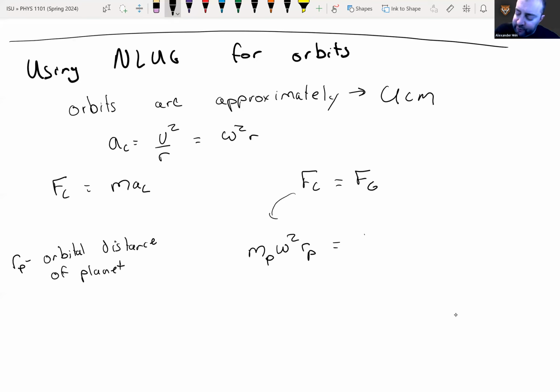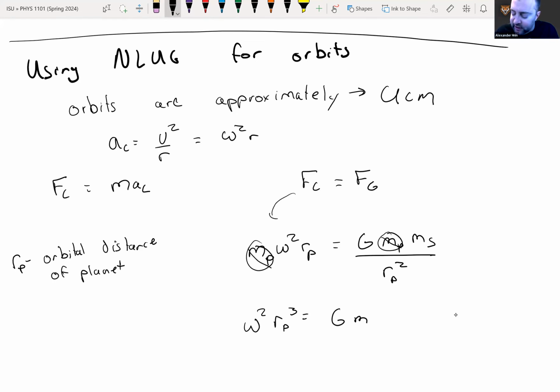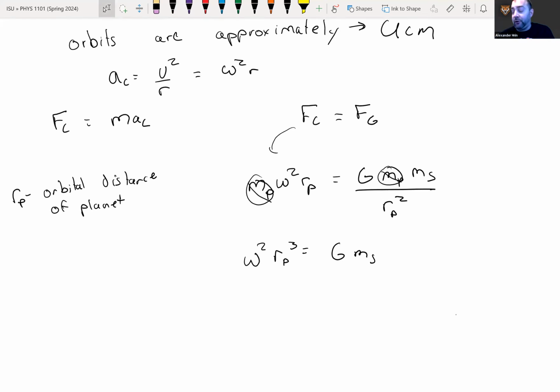We'd say G times the mass of the planet times the mass of the sun over the orbital distance of the planet squared. Now we'll see that the masses of the planets cancel, and I'll move some of these things over. So it would be omega squared times the radius of the planet cubed is equal to G times the mass of the sun. Now, it turns out the right side of that is entirely constant,